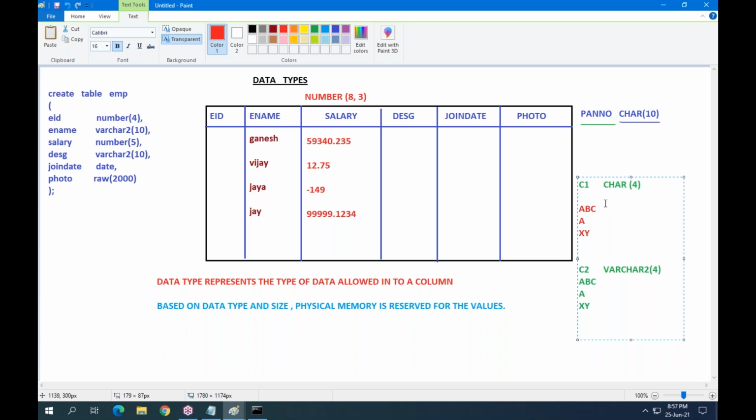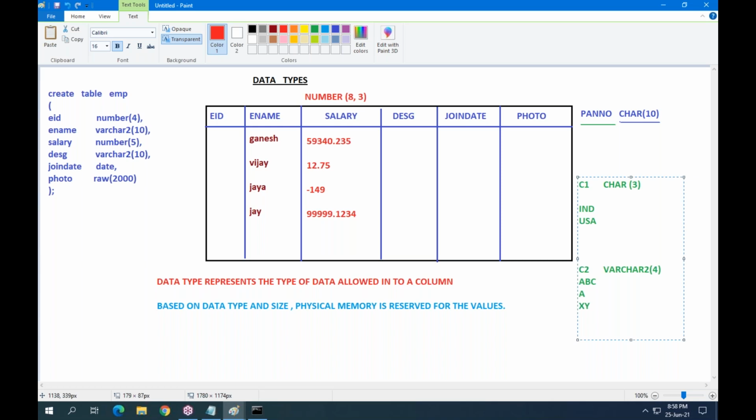For example, I want to maintain country codes like IND, USA, some other code, right? If you are maintaining country codes like this, in each country code you are maintaining 3 characters fixed.